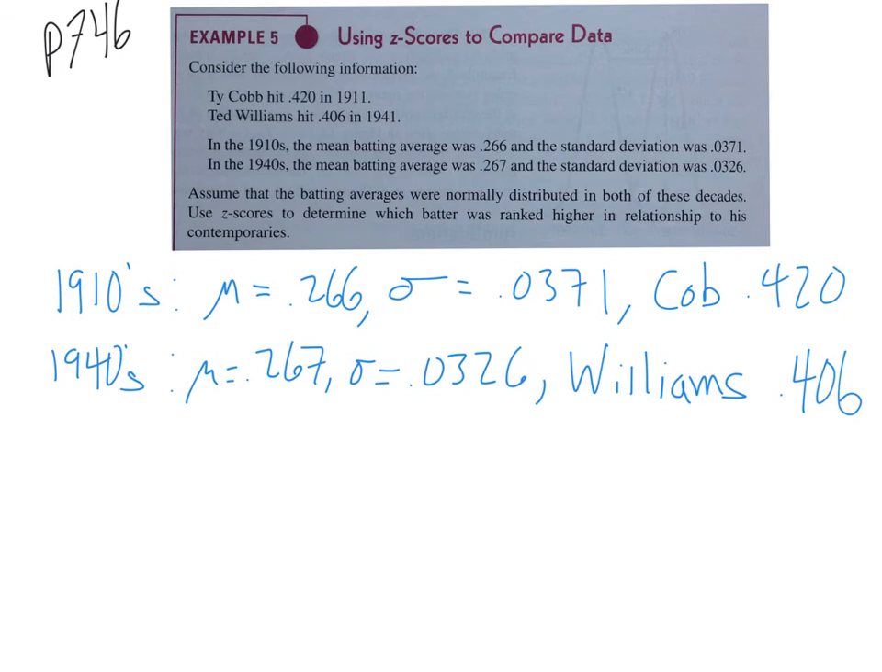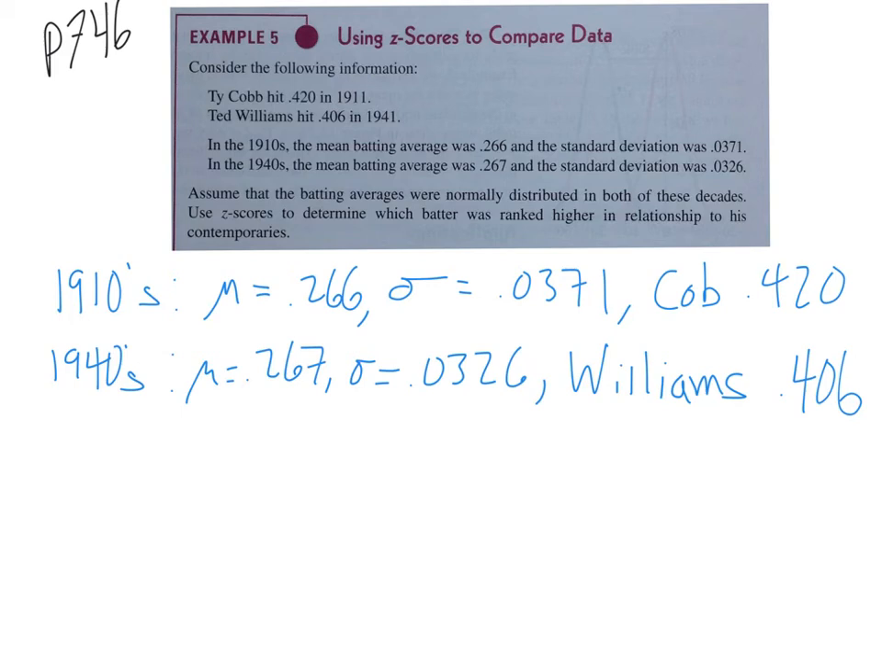So here on page 746, we're going to take a look at example 5. This is going to help you out with the project on the chapter 14 project. What we have is two baseball players, one from 1911 and one from 1941, and we have their batting average. So Cobb hit .420, Williams hit .406, and then they give us information about batting during the 1910s and